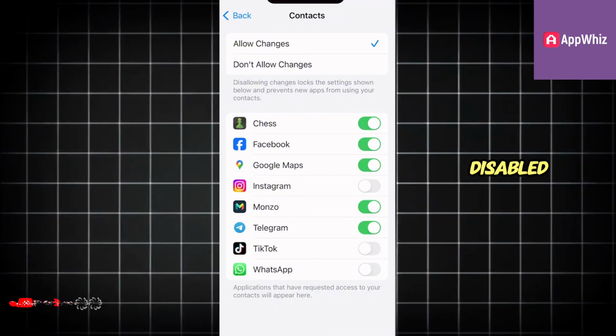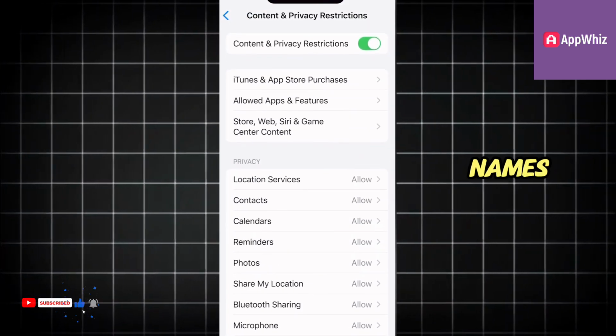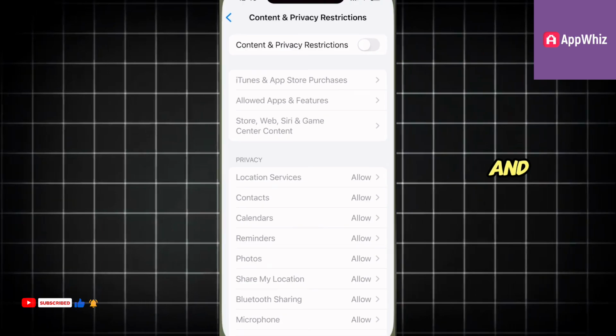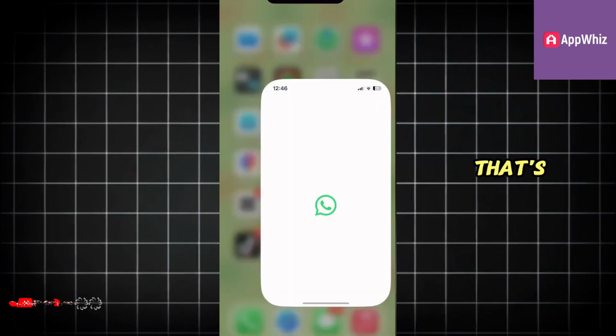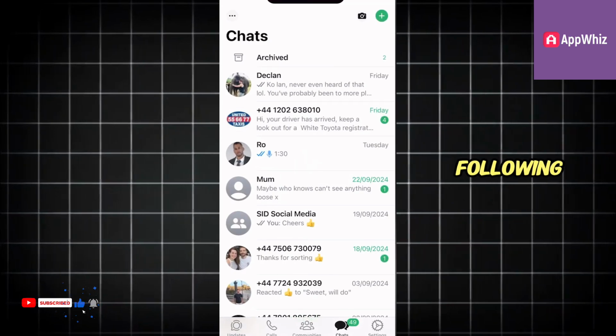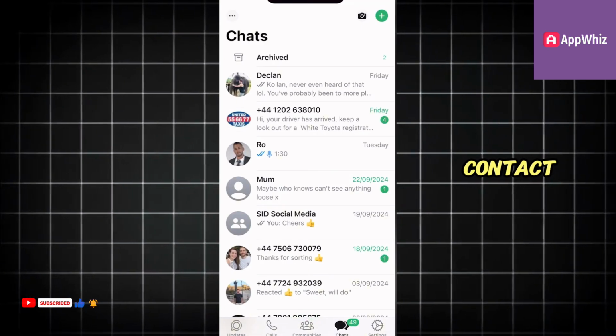If WhatsApp is disabled like so, then that will be another reason why your contact names are not showing. Alternatively, you can just turn off content and privacy restrictions altogether, and that's also going to fix this issue. And that's it, guys. By following all of the steps in this video, that's how you show contact names inside